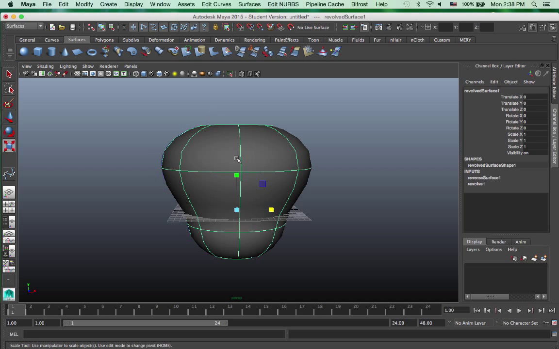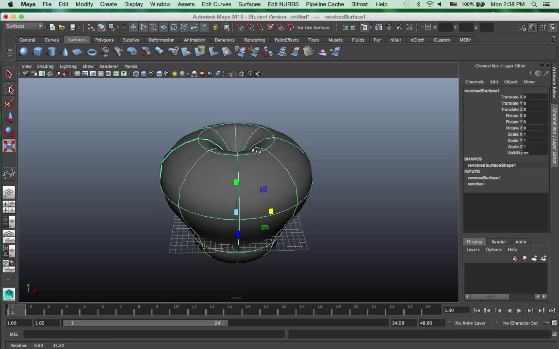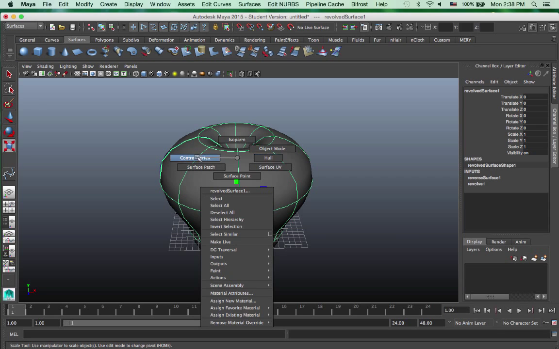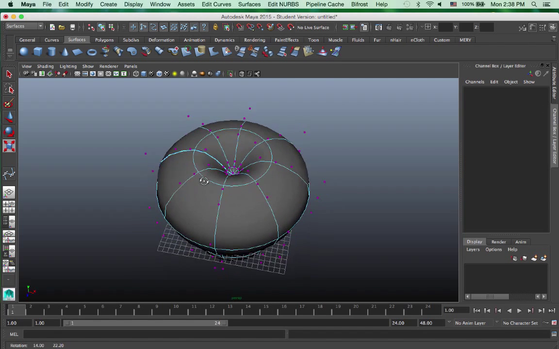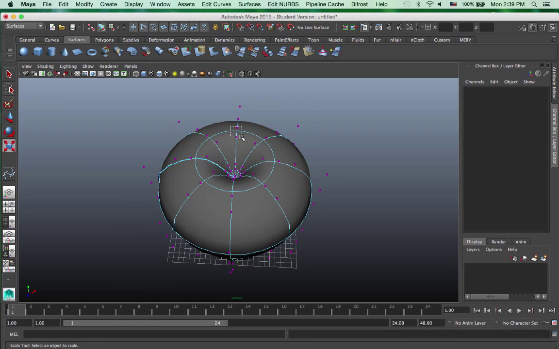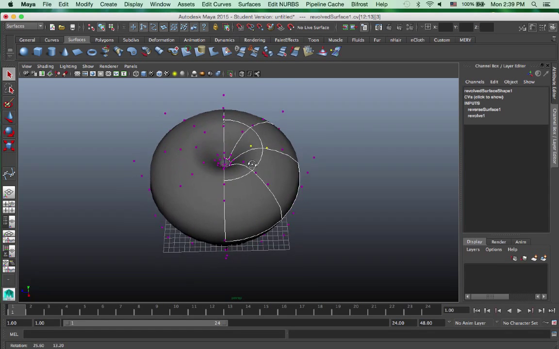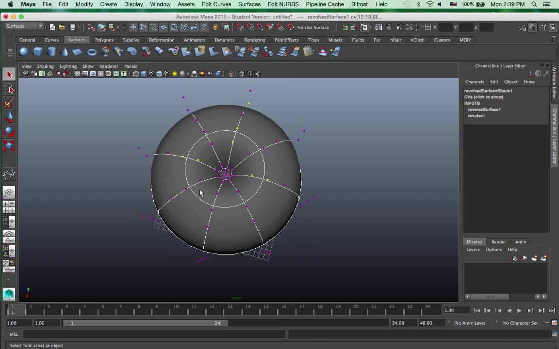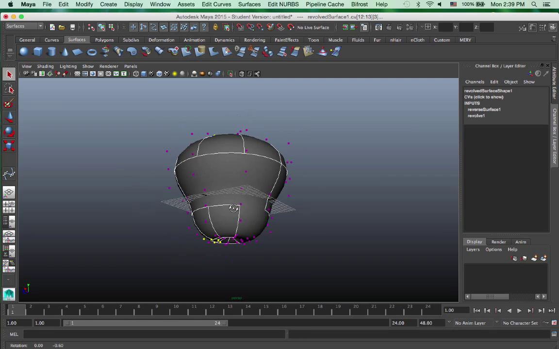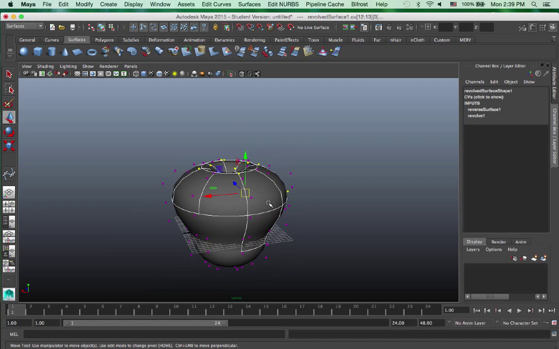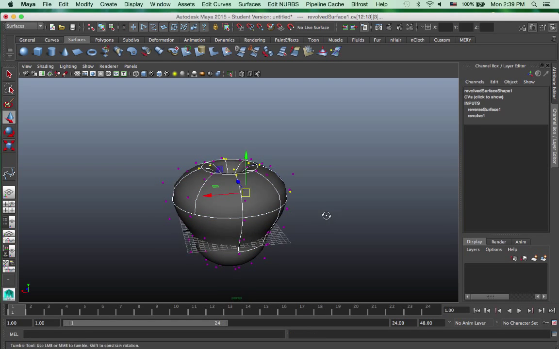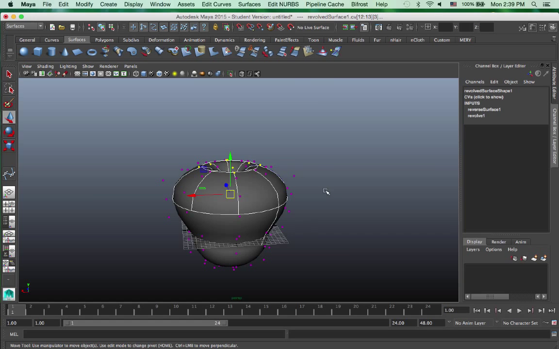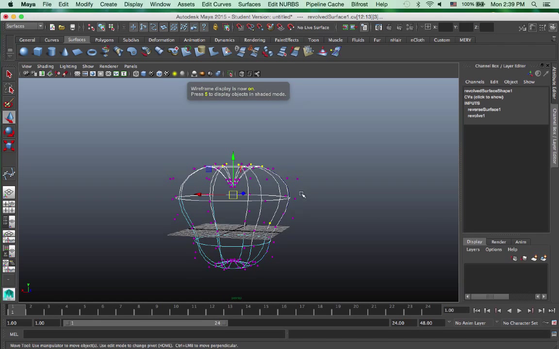Now we're not editing the curve at all. We're using the control vertices to further modify the shape to make it look more like an apple. You always want to make sure when you select the CVs that you don't select anything you do not want. So it's a good idea to hit 4 to see the wireframe, just to see if any unnecessary vertices are being selected. If they are, you can hit Control and click on them to deselect them.